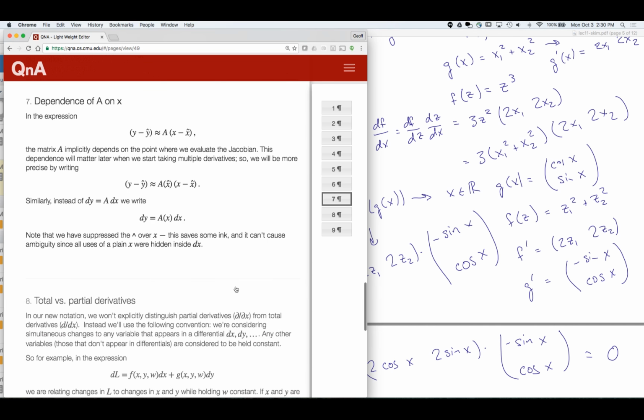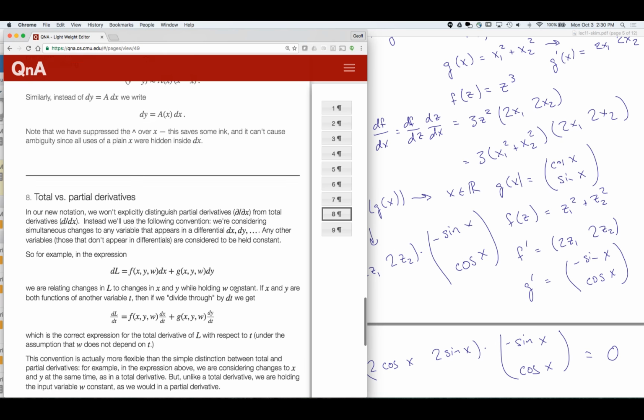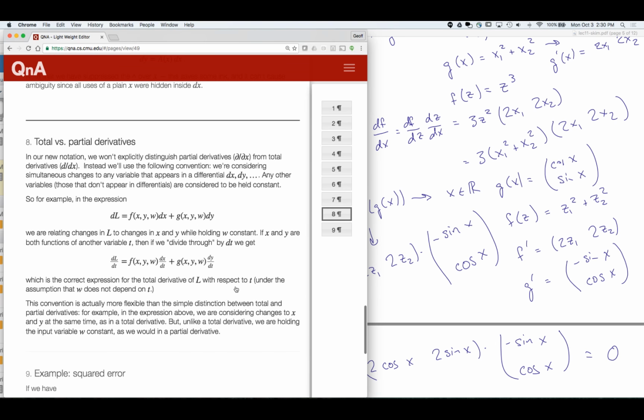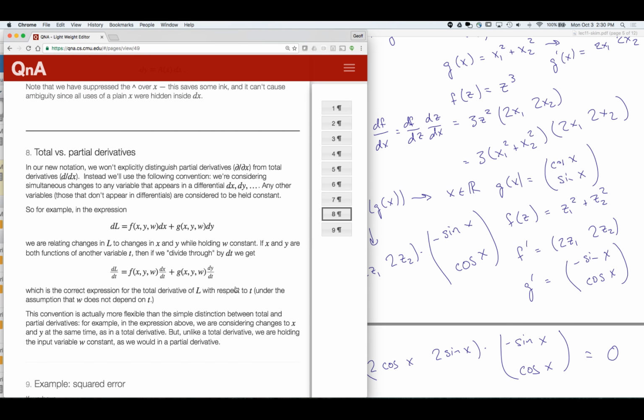All right. So one of the benefits of our new notation is that it makes it fairly easy for us to distinguish total from partial derivatives. And in fact, we can be even a little bit more flexible than the plain distinction between total and partial derivatives. So if we write an expression like this one, dL equals some function times dx plus another function times dy,